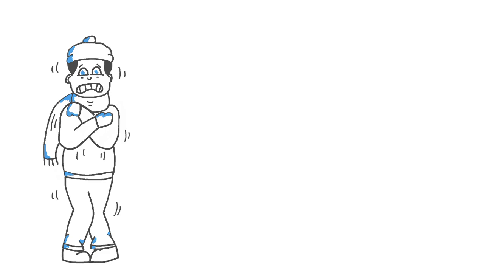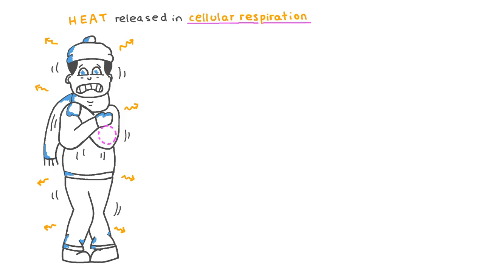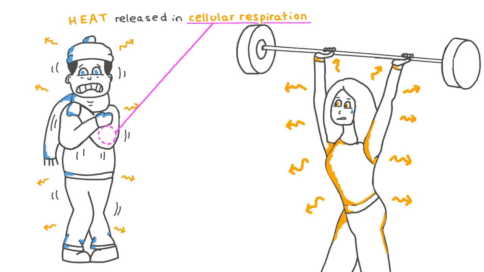Have you ever wondered why we shiver when we are cold? Shivering is actually our muscles contracting more to release more heat in order to warm us up. In fact, muscle contraction accounts for almost 85% of the total heat produced in your body. This is because our muscle cells carry out a lot of cellular respiration in order to release the energy necessary for contraction, and this process releases heat. This helps to explain why we get so warm when we exercise, as so many of our muscles are continuously